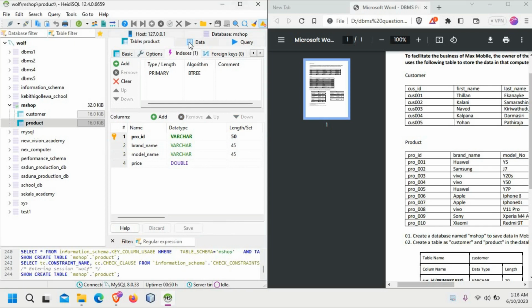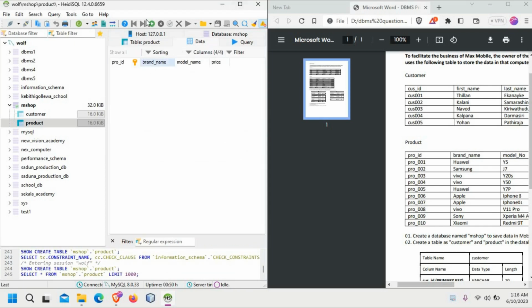Save. Okay. I'm going to add the column and I will write the details here. Product 001, product 001, product 001,